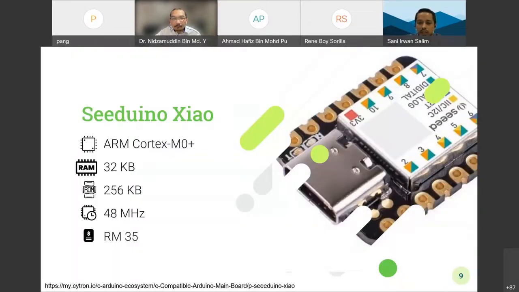Moving on, the second board listed on the most popular microcontrollers is what we will call Arduino Xiao. It's a very tiny board. It's just like 8 pins, not 8 pins, like 12 pins in total. Very tiny, a little one. It's using the ARM Cortex M0. ARM Cortex, I will relate to this later. Memory is 32 kilobytes, 256 kilobytes for ROM for memory space, 48 megahertz of clock with a price of 35